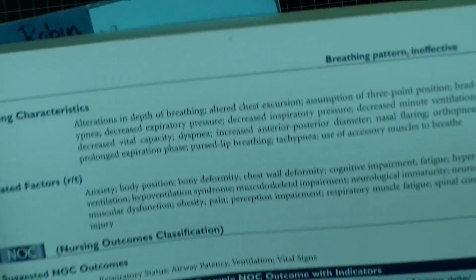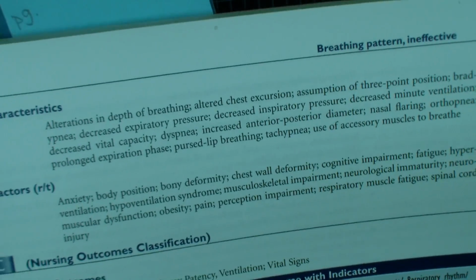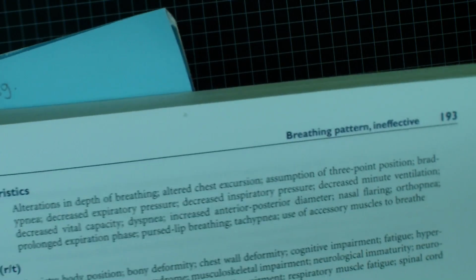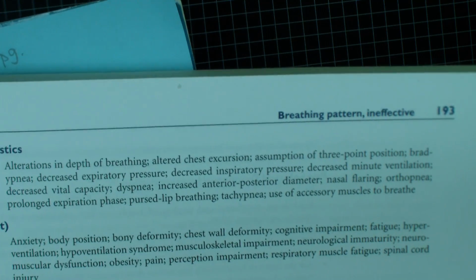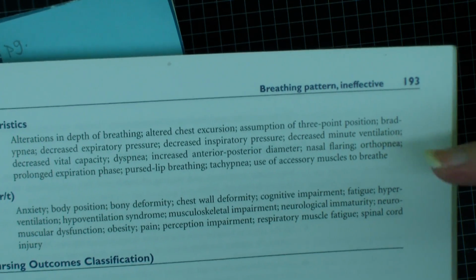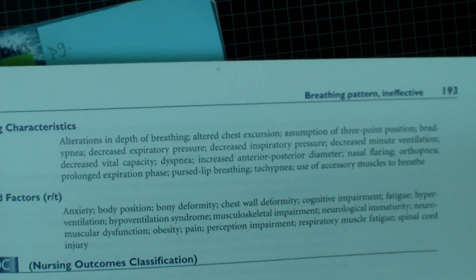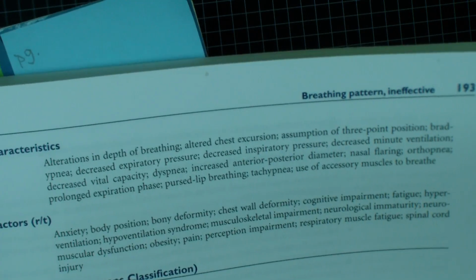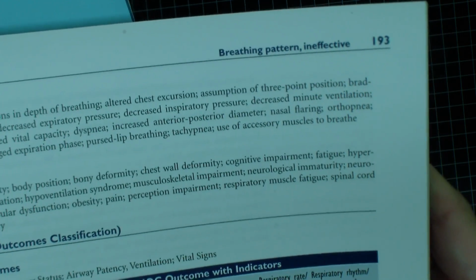Then we keep going, and it's going to have defining characteristics. So these are things that you might see in your patient. These are the things that you can read to say, yeah, that fits my patient perfectly, or no. What I want you to know is it doesn't have to be every single one of them. It could be one or two, it could be most of them, it could be all of them. But some things we might see with ineffective breathing patterns is alterations in the depth of their breathing, altered chest